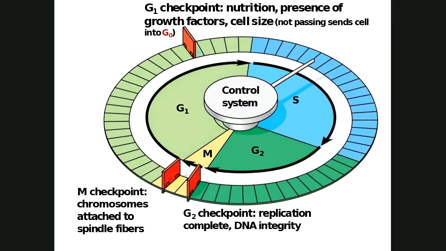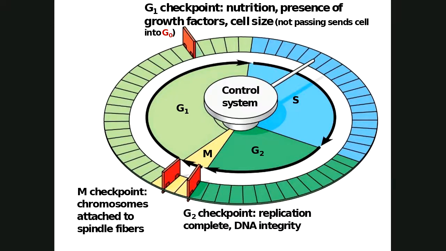Now, cell size is important as well. If you don't have the right cell size, then it's not going to move on to the next phase. Sometimes cells actually enter into a G0 phase. That doesn't mean they're dead or anything. That means that they're going to do cell stuff for a while. They're not going to go right into S right away. They're going to stay in this G0 and do their cell work that they need to do. And then as it's time to replace them, then they'll open up and move out of the G1 phase into the S. Okay?